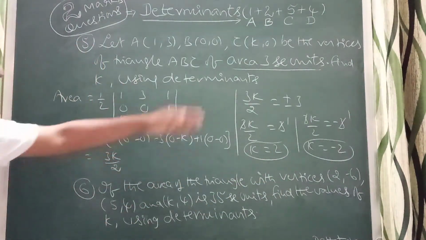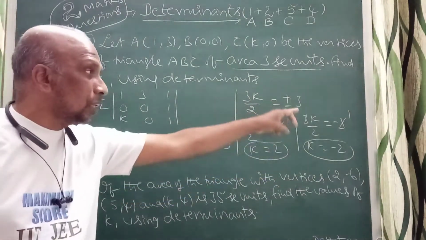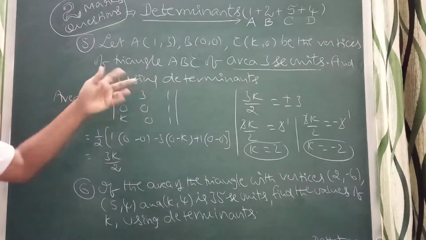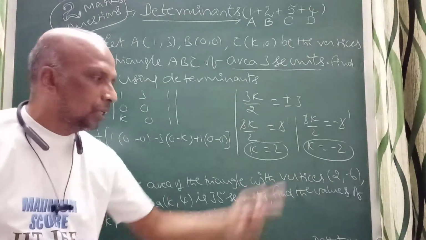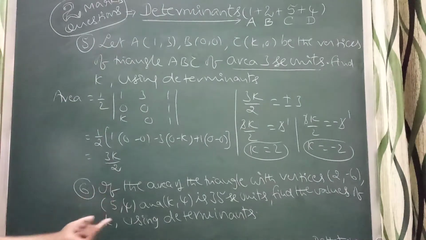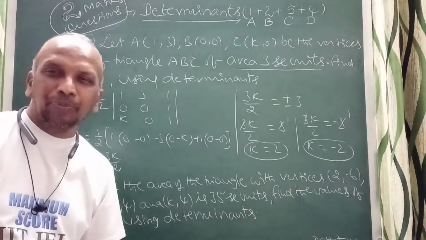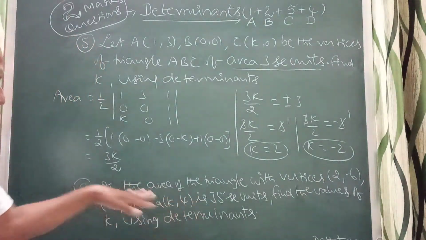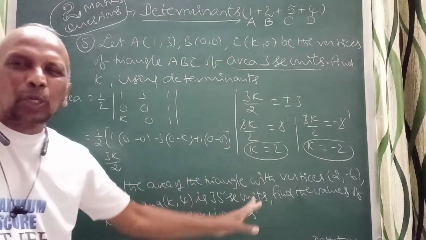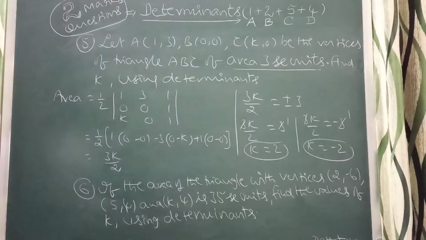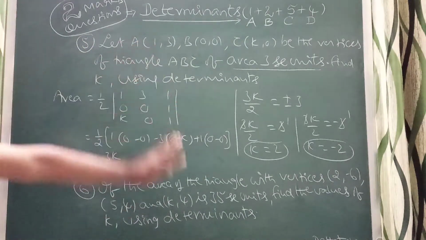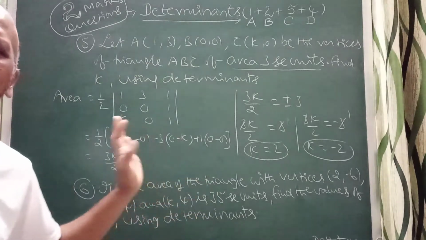To find the value of k, equate the area to plus or minus, because the determinant can sometimes be positive or negative. You take the plus or minus option, then you find the value of k. Similarly, you do this problem. This one was asked in 2018, the same model. Equate it to plus or minus 35 to find the value of k. Try to solve it immediately to get more practice, and you will be thorough with this model.